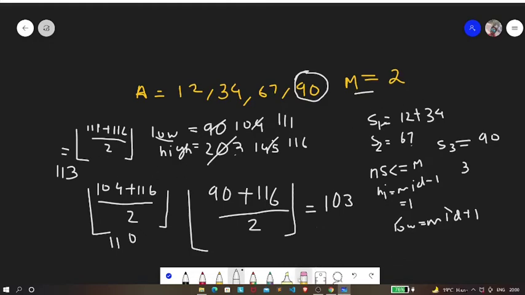So then again we are going to check. Now again we are going to allocate book 1 to student 1. It's 12, right? So no problem. And then we are going to allocate 34 to it. It is 46, so also there is no problem. Now I allocate 67 to it because it is 113 and hence it is less than or equal to 113. So this condition is satisfied. So we can give book 3 to student 1, and finally we can give book 4 to student 2,